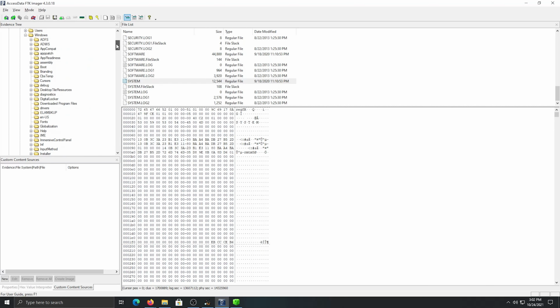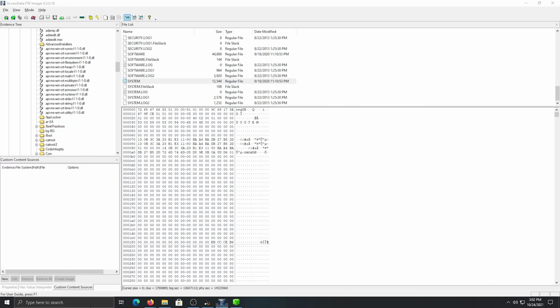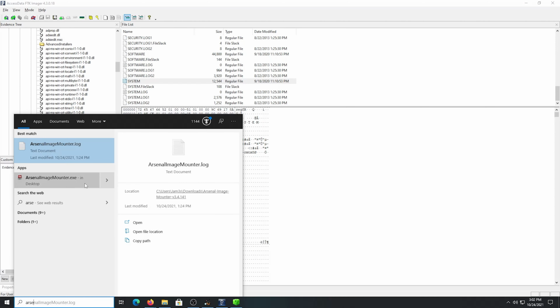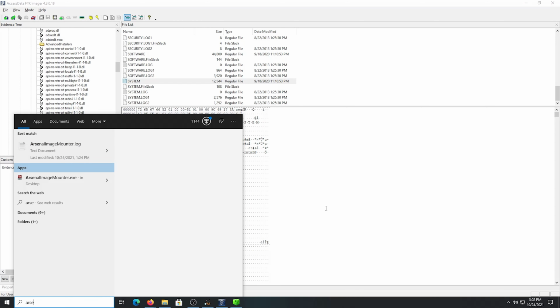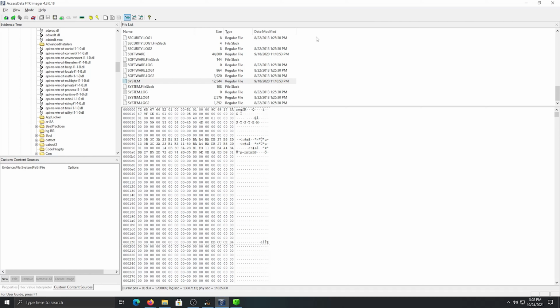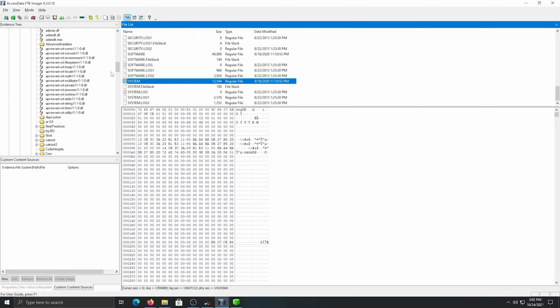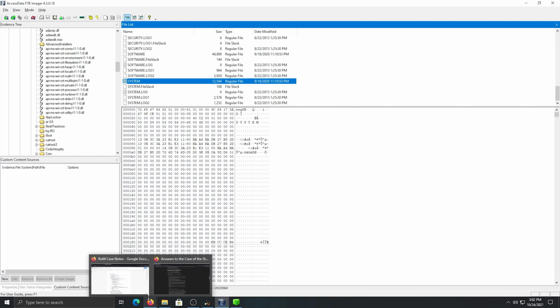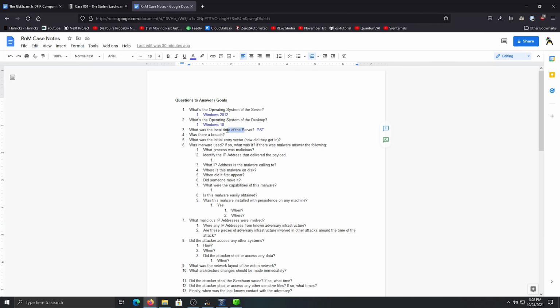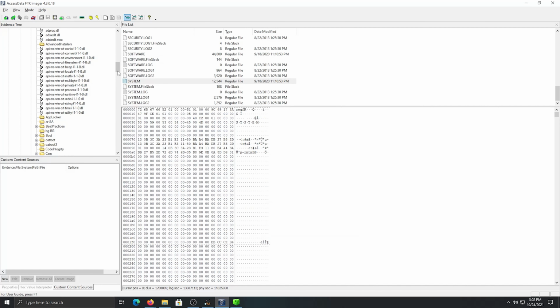So you mount your image in, say, FTK Imager, or you can use Arsenal Image Mounter. I'm just using FTK real quickly. Take the registry files that we want, because what we're looking for is the time of the server. That is going to be in the Windows registry. The registry is located at